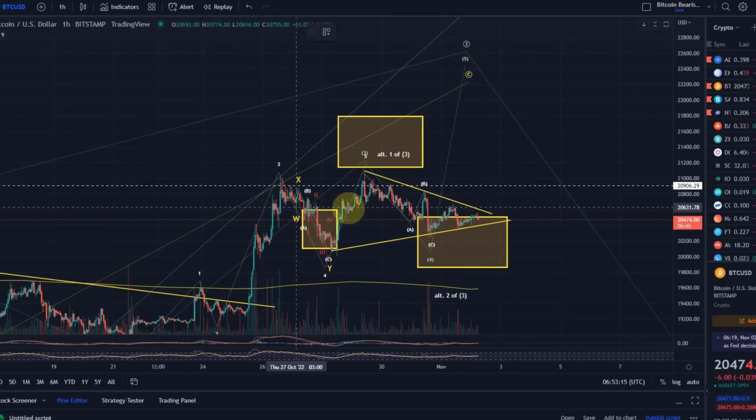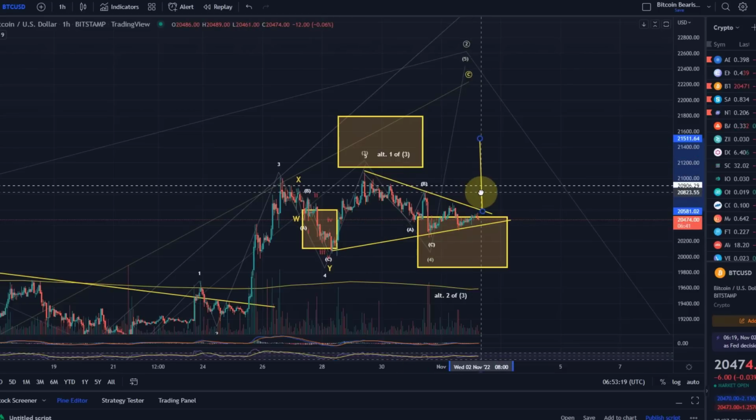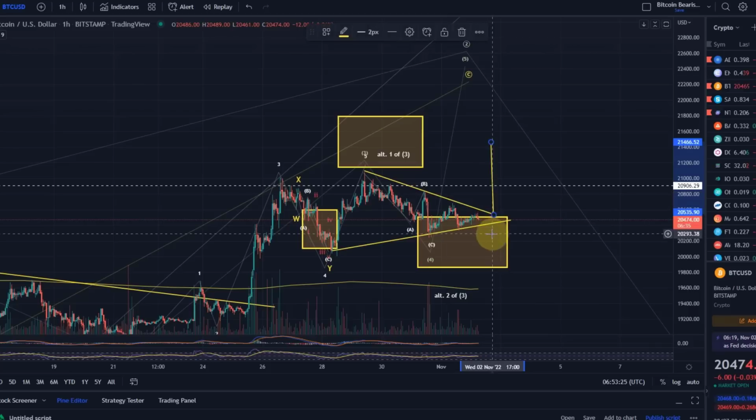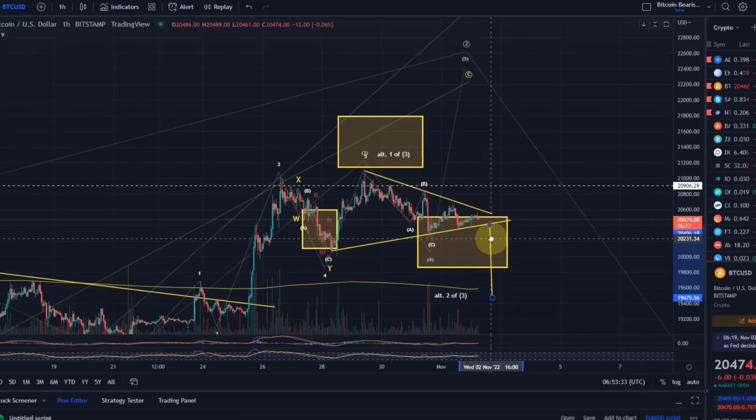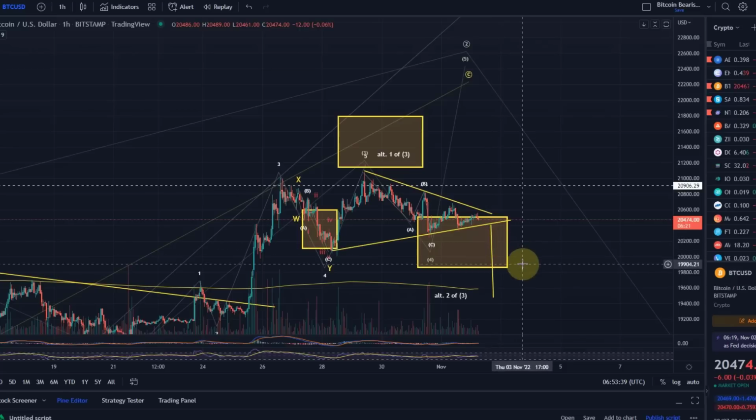already ongoing. We can also take the height of the triangle and add it to a possible breakout point. Let's say we have a breakout at some point today, probably rather later today, maybe around here, UTC time evening, when the interest rate data comes out. That would take us to around 21,500, just the height of the triangle. A move to the downside would push us out of the box to the downside. That would be quite bearish, to 19,500.